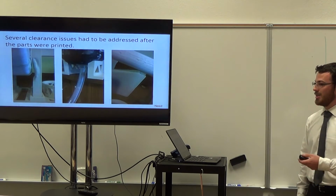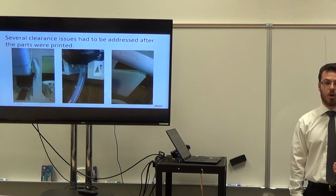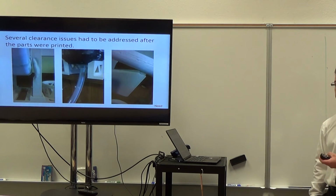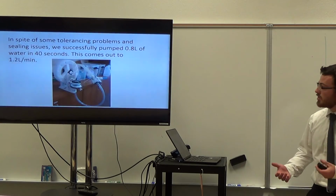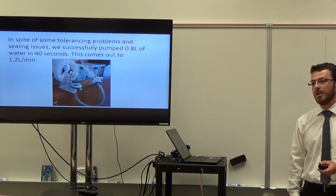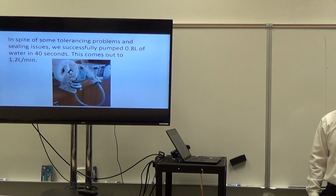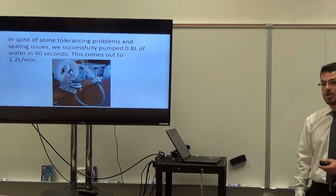So we would change that by probably changing the tube that we use, because we are only using water, whereas we were initially thinking we might end up using oil, which would take a special tubing. And then, in spite of all of our tolerancing and sealing problems, we successfully pumped 0.8 liters in about 40 seconds. This comes out to about 1.2 liters per minute, which is quite a bit short of our goal of 5 liters per minute, but